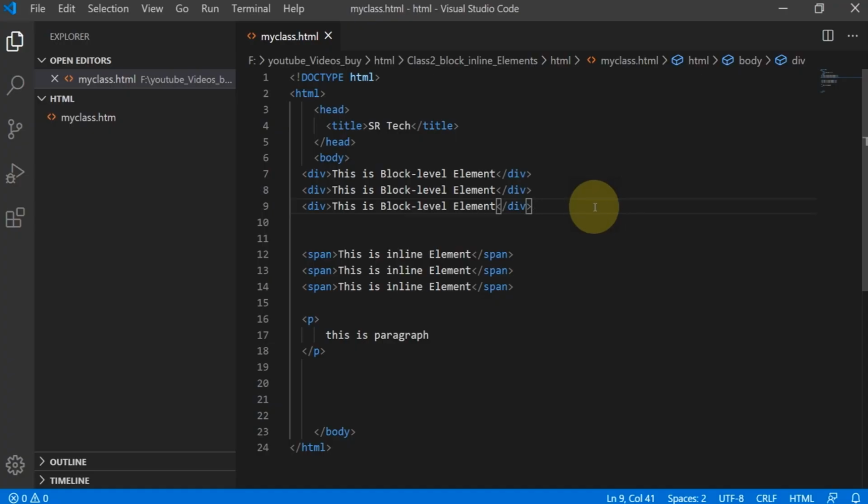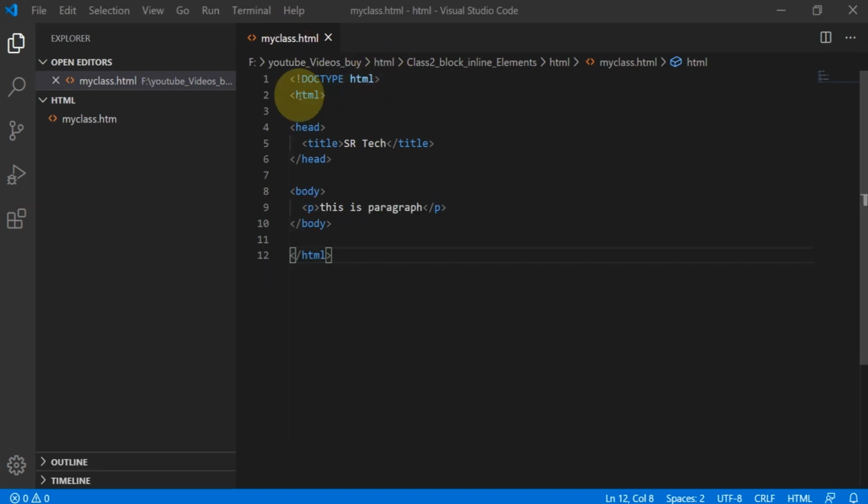In my last class, we learned about block level elements and inline elements. In this class, we're going to learn about HTML styles. Using CSS styles, we can make our website more attractive to the client. Here, client is nothing but a user. We can apply styles to HTML in three ways: inline styles, internal styles, and external styles. We will learn one by one.